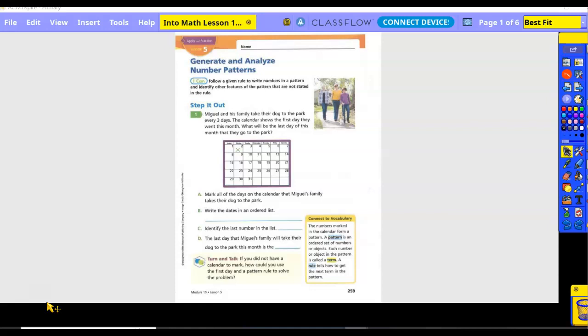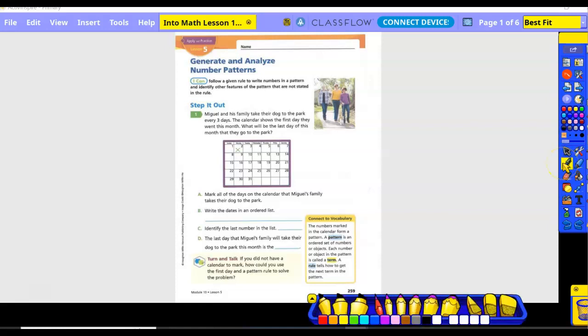Step it out. Number 1, Miguel and his family take their dog to the park every 3 days. The calendar shows the first day they went this month. What will be the last day of this month that they go to the park? So they went which day first? The second, right? And if they go every 3 days, what next number should we put an X on? 5. Then what? 8. So 5, 8, next 11,